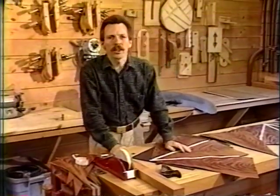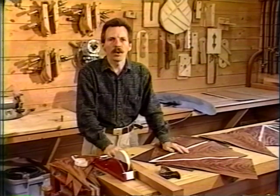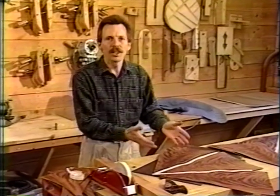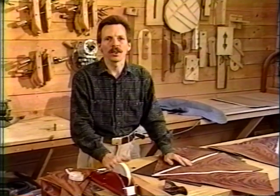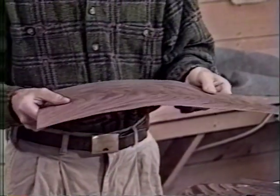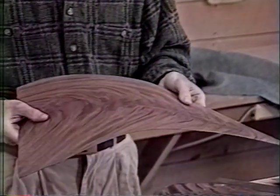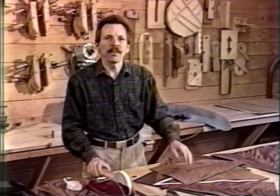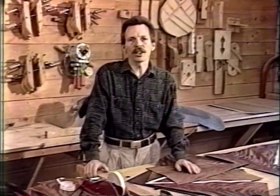Working with veneer can be a real creative challenge, opening up a whole new dimension of woodworking. Sometimes, though, veneer is viewed as too fussy, too technical. Why would anyone want to work with this fragile, thin piece of veneer when you could work with this nice, solid piece of hardwood? Hello, my name is Darrell Keel, and I think there are some very good reasons to